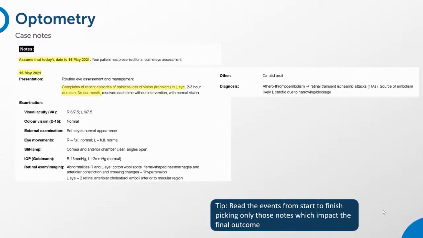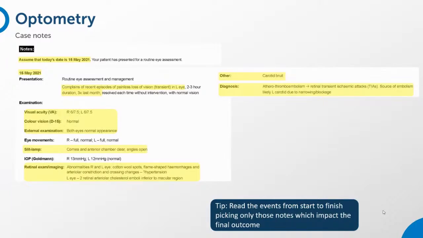And the assessment details show that the patient complained of recent episodes of loss of vision in the left eye, and the results of the investigation detail where the abnormalities lie and that they are potentially linked to hypertension. You diagnose atherothromboembolism, which is causing retinal transient ischemic attacks, and that this is likely from narrowing or blockage of the left